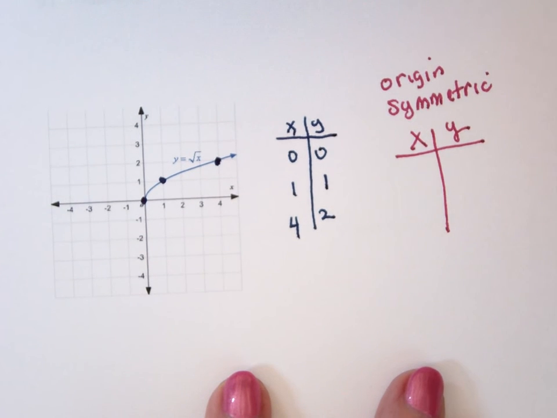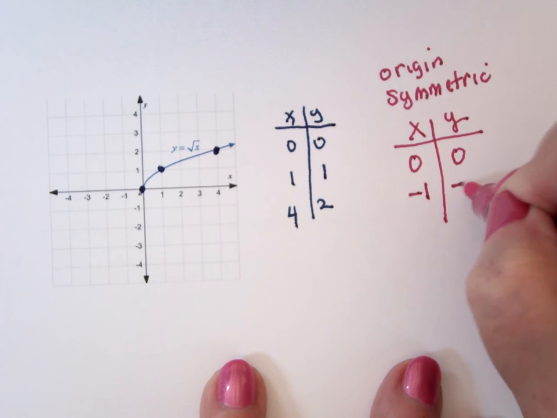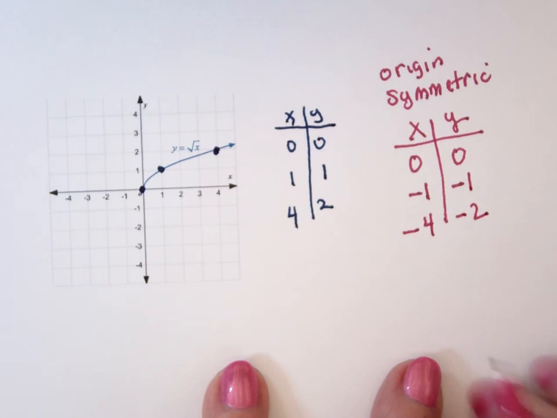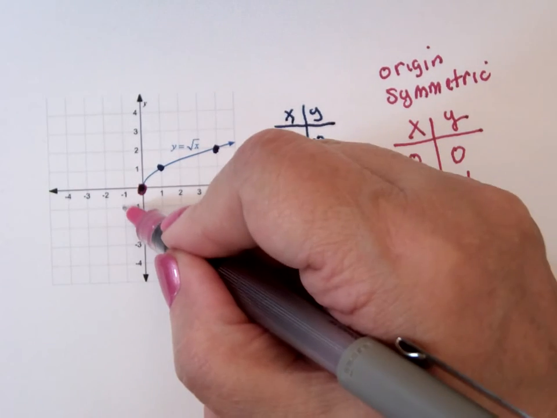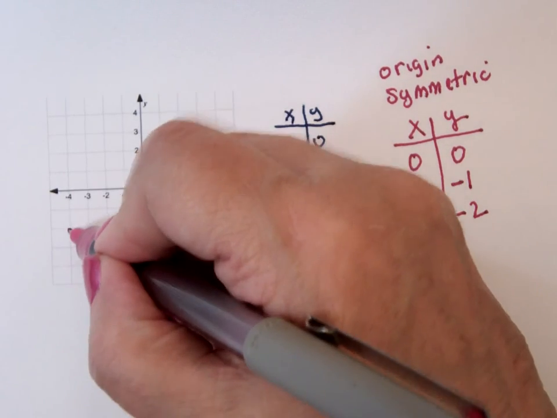I change everybody, right? 0, 0, minus 1, minus 1, minus 4, minus 2. So 0, 0, minus 1, minus 1, minus 4, minus 2,